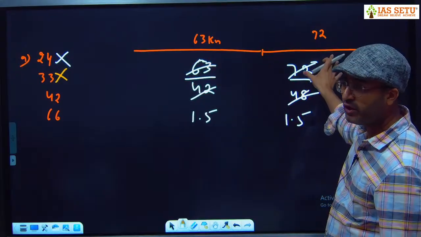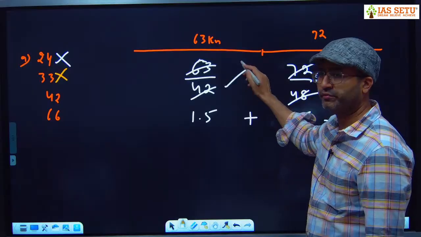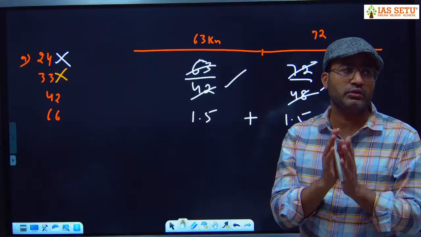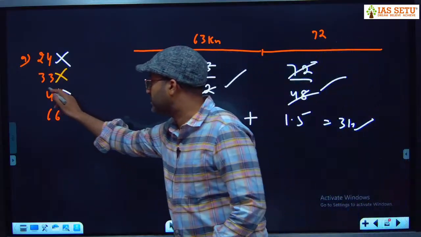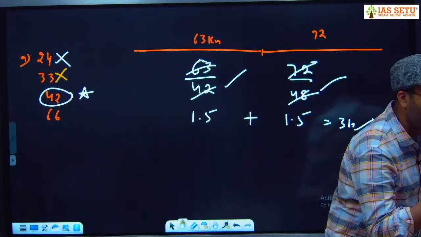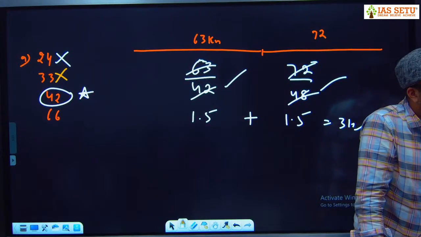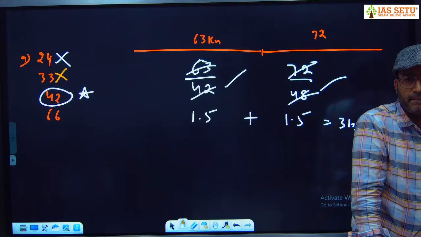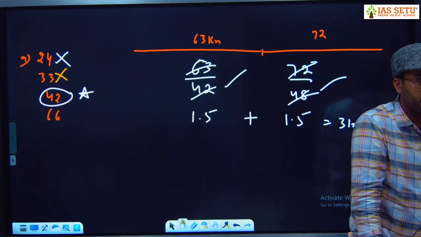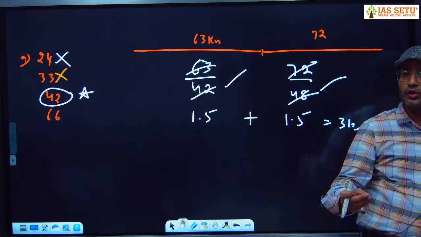You need 1.5 hour for this distance. You need total time 3 hour. Perfect, perfect, perfect. हर चीज fit होगी अपनी. If everything gets fit, it means that is the correct answer. So here, what is the original speed of the train? 42 kilometer per hour, because it fit in your question. Conventional method will be more time consuming. X मान के भी करके देखेंगे, but better you use answer option, क्योंकि answer option जो सही